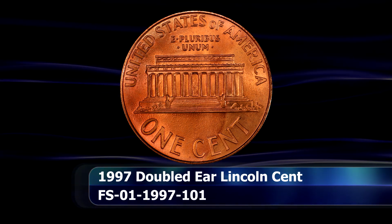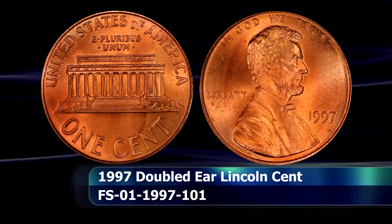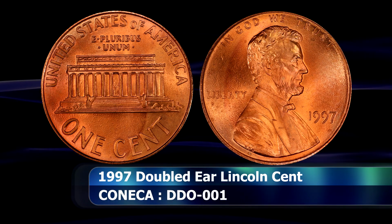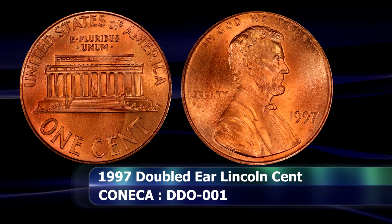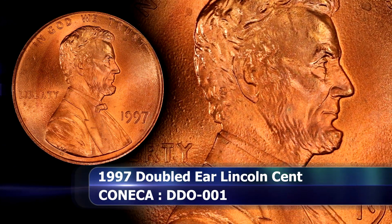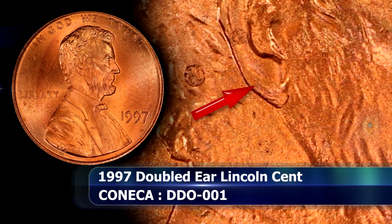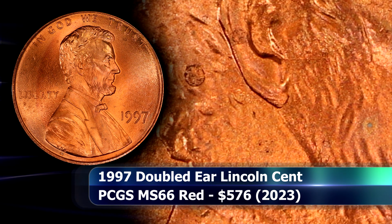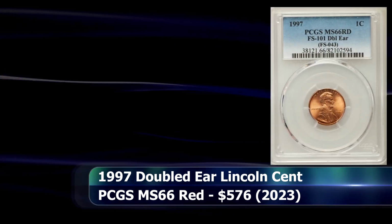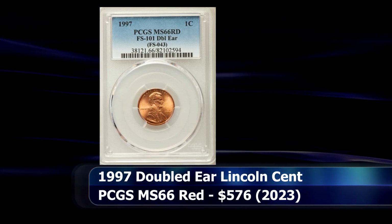Next in line is a doubled ear variety from 1997, found on the Philadelphia Mint or no mint mark Lincoln Cent. Here the doubling is displayed directly towards the south, meaning that the entire earlobe is doubled. But unlike the previous coin, it is not just the tip, but the entire earlobe that can be seen boldly doubled towards the south of the ear. In this event, we have a coin graded by PCGS as MS66 Red that was sold at auction in 2023 for